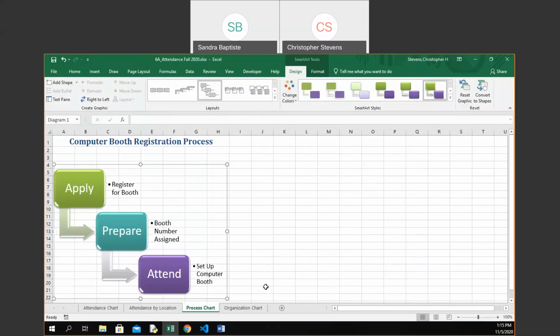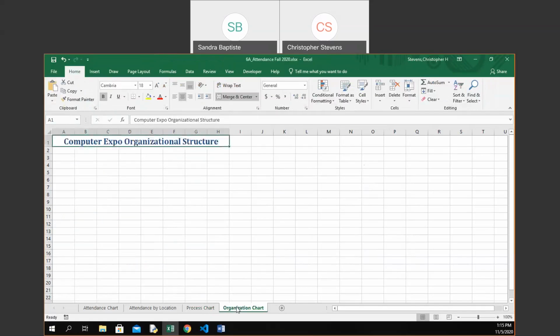All right. Any questions about the process SmartArt graphic, or setting up a SmartArt graphic, period? Okay. Well, that's all right. We're about to do another. So, okay, good. I'm going to switch over to the organization chart sheet. And so we're going to add another SmartArt graphic here, and this is just to kind of organize the way things are,